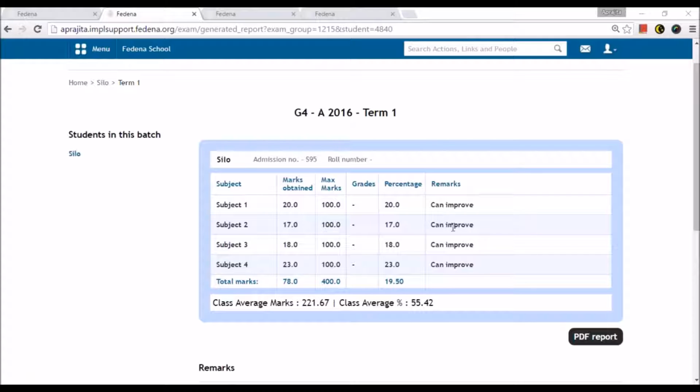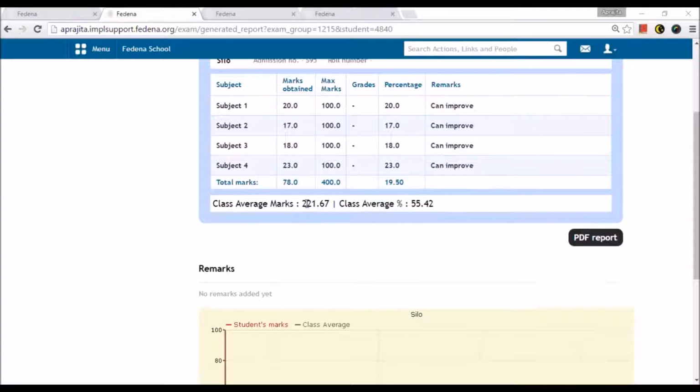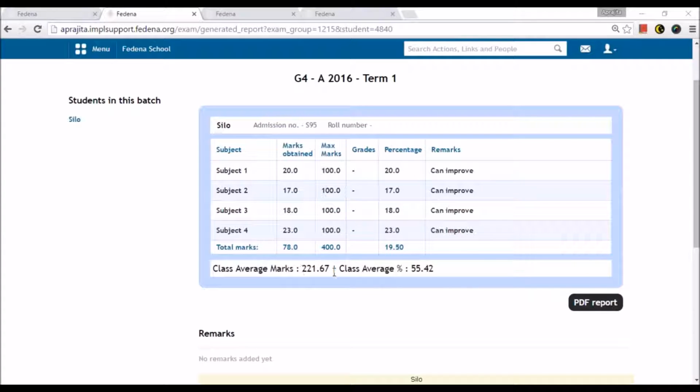It also shows the remarks that are entered by each teacher, or if admin has filled it, by the administrator. It shows the percentage because it is on 100, it is the same, and the average of percentage. This is a normal grading system. That is why you see here the averages. You can check. It also shows class average marks. So this is based on all the other students as well, combined by the number of students and the percentage.